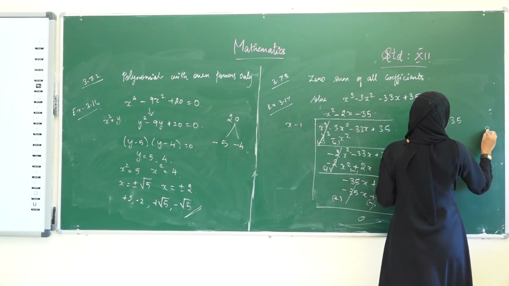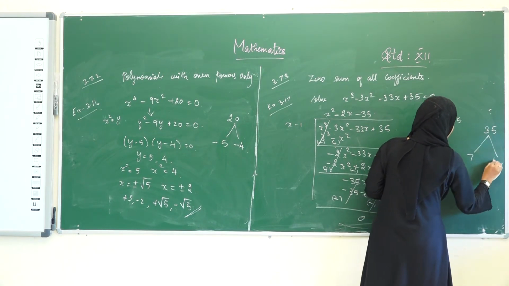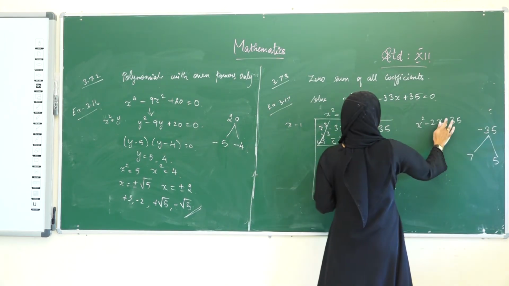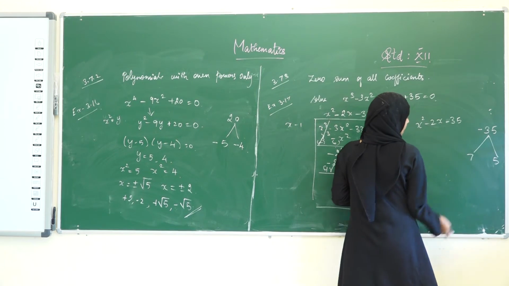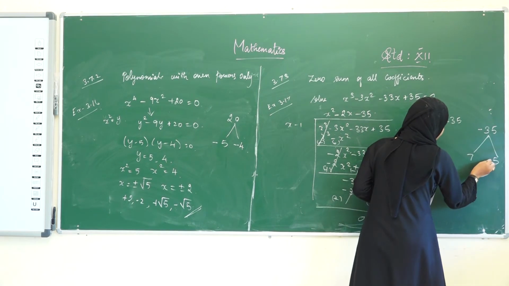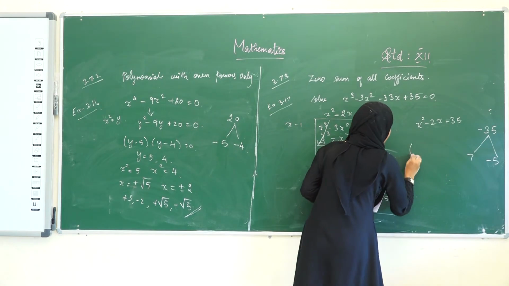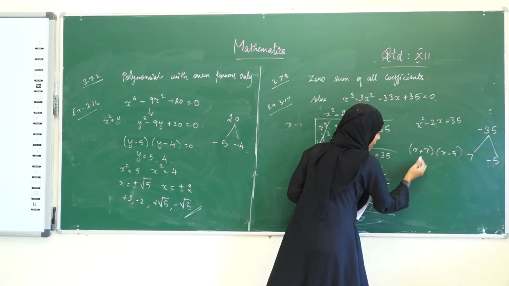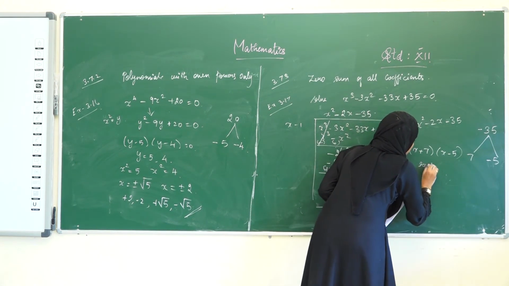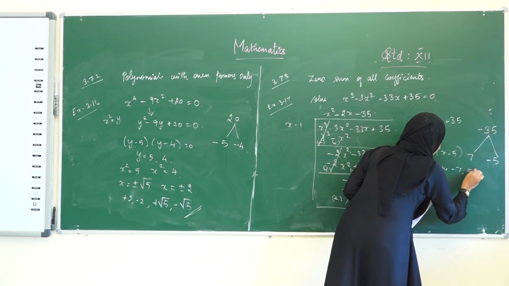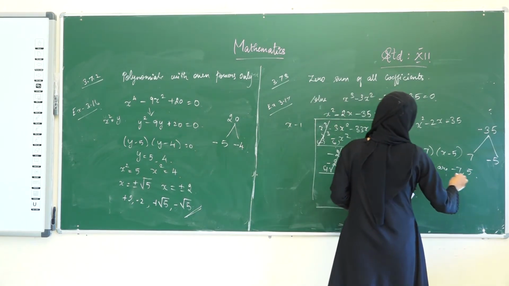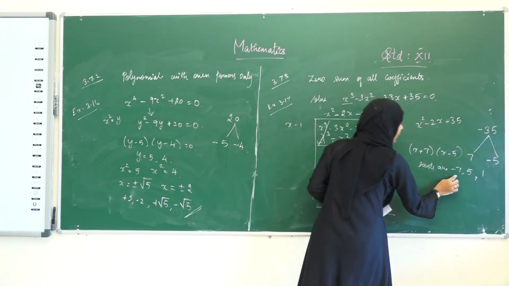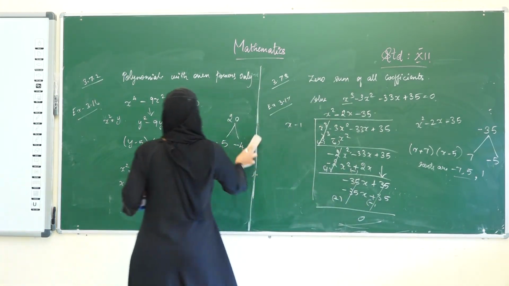We are going to factorize this 35. That is 7 into 5 is 35. Sorry, minus 35. Okay, here it is minus 35. 7 into 5 is 35. We have to get the minus sign, so on adding this, we get this. Therefore, x plus 7 and x minus 5 are the other factors. Therefore, the roots are minus 7 and 5. We already know that 1 is its root. The given equation is a cubic equation. Therefore, we got 3 roots: minus 7, 5 and 1.